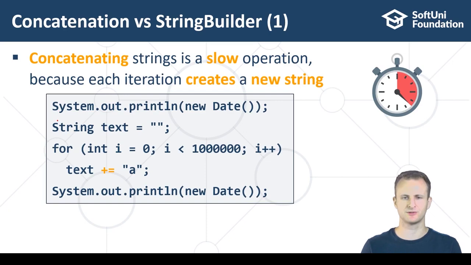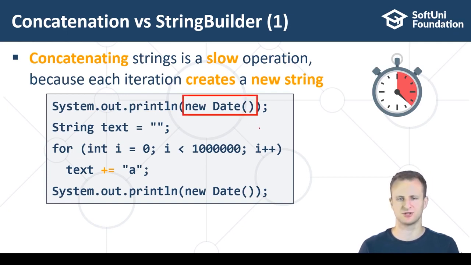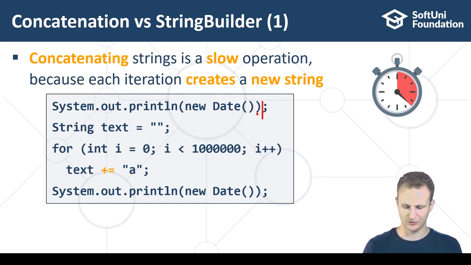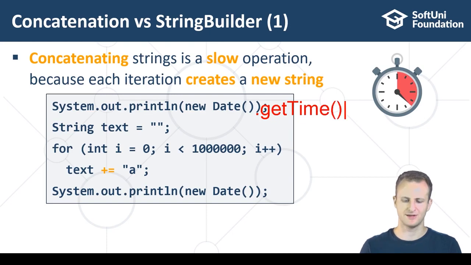Now notice this code, and it's going to show you how you can benchmark your code. We're printing a new date. What does new date do? Well, it creates a so-called date object, and that date object, when you haven't passed in any parameters to the constructor, initializes with the current time. So if you create a new date over here in your code, it gets printed up to seconds, but you can add some formatting strings which can tell it to print out to milliseconds, or you can just say dot get time, and that will print the current time in milliseconds from the